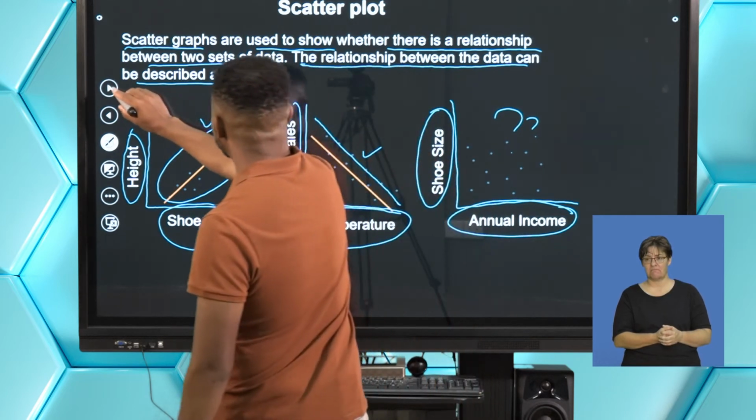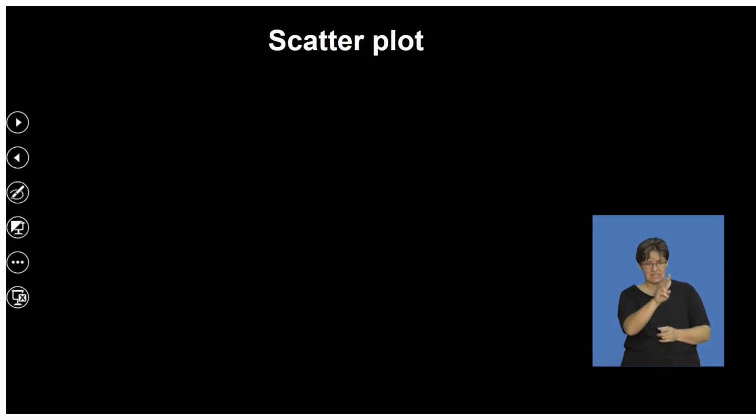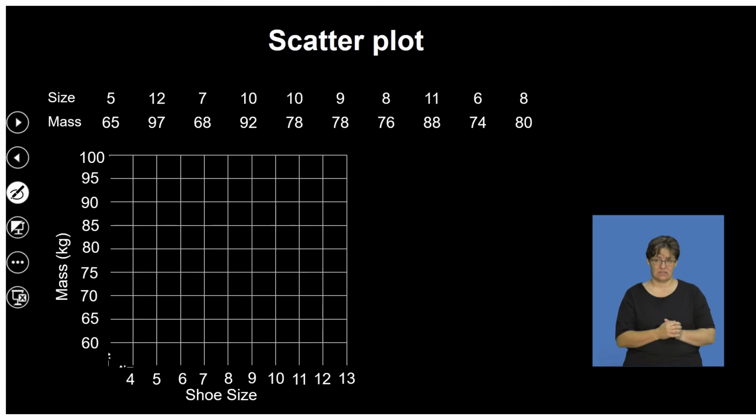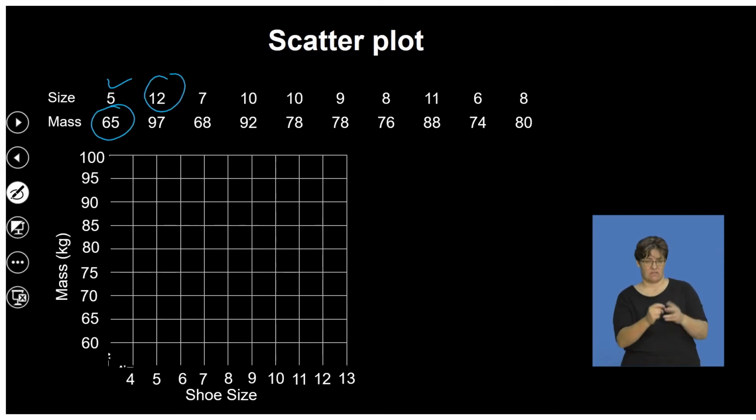So now let's look at the scatter plot. Here we have size, which is a shoe size. We have size 5, and the weight for this person is 65 kilograms, and size 12, 97, size 7,